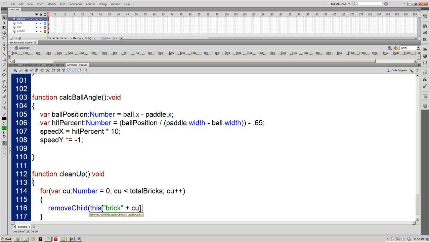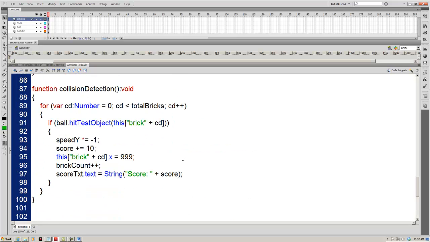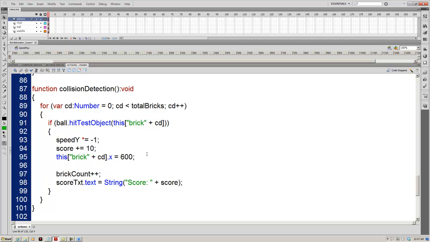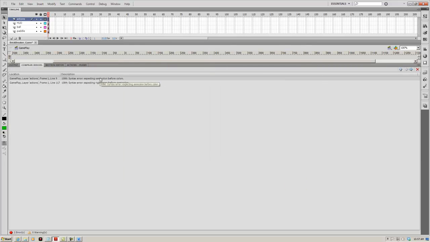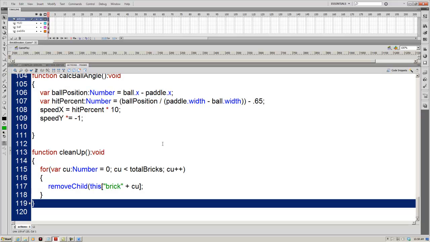Okay, now so we can see this a little better, instead of moving this off to 9999, I'm going to move this off to, let's say about 600 on the X. And let's go ahead and just copy this just so we can see this cleanup working. And let's take about 400 on the Y value. Okay, so every time we hit a brick,